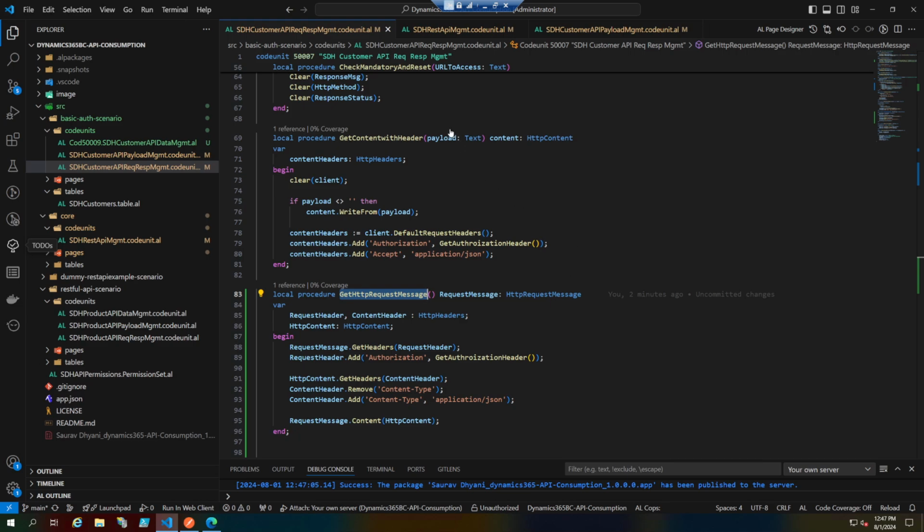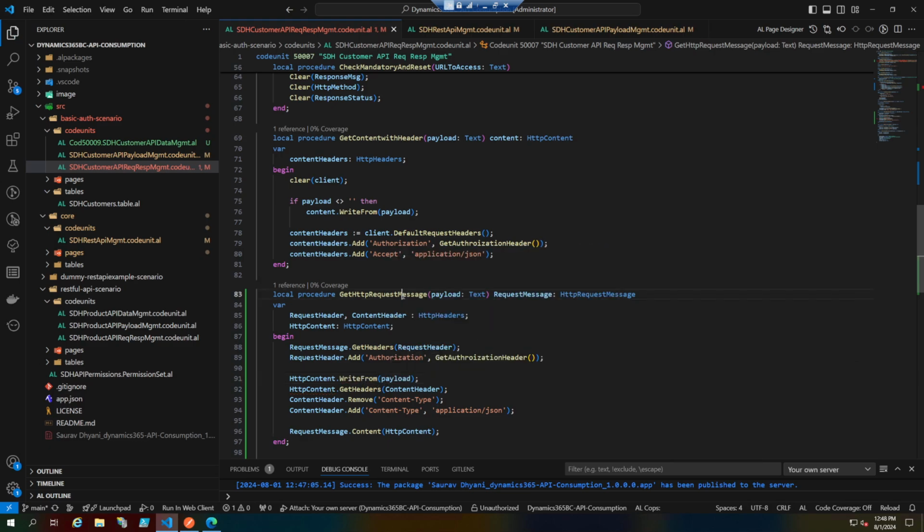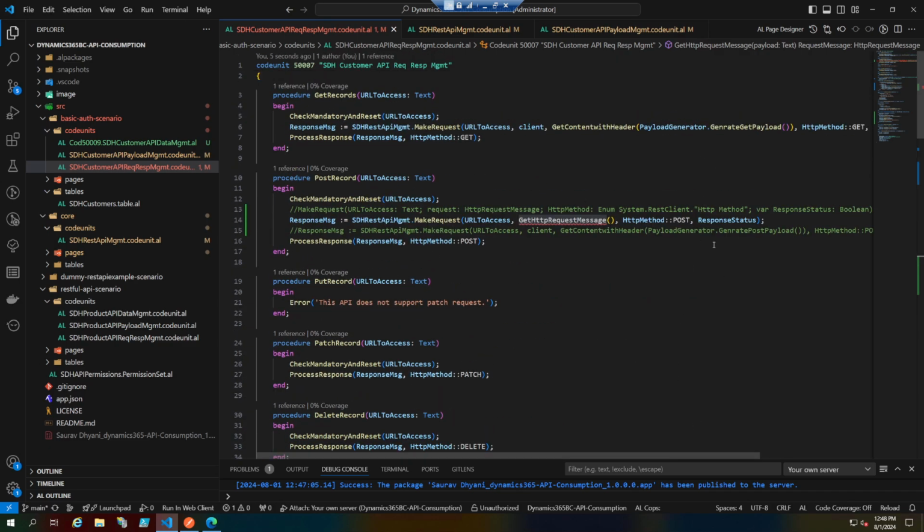Okay, sorry, I should have the payload here so that I can also add the payload in my request, right? So let's get the payload, and then in my content I should also add my payload. So write from my payload. Okay, so wherever I'm calling this, am I hopefully calling this? Yes, I should also call this method inside this. Okay, hopefully nothing is wrong now,